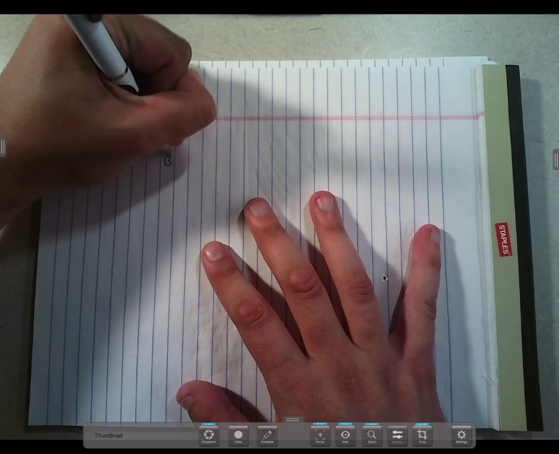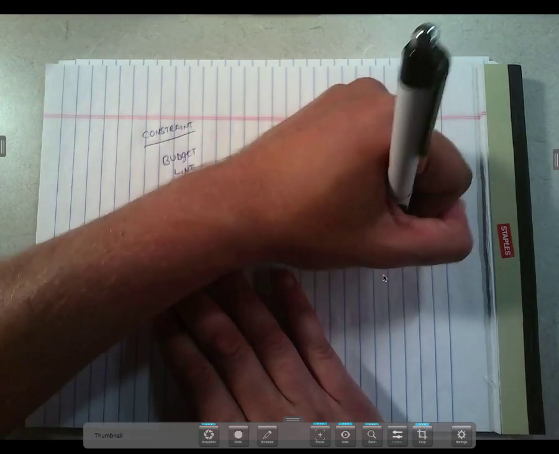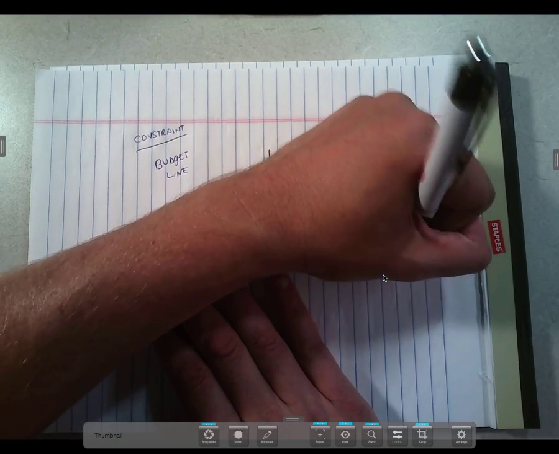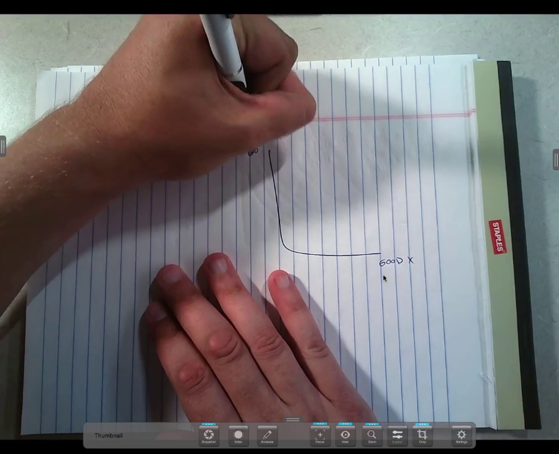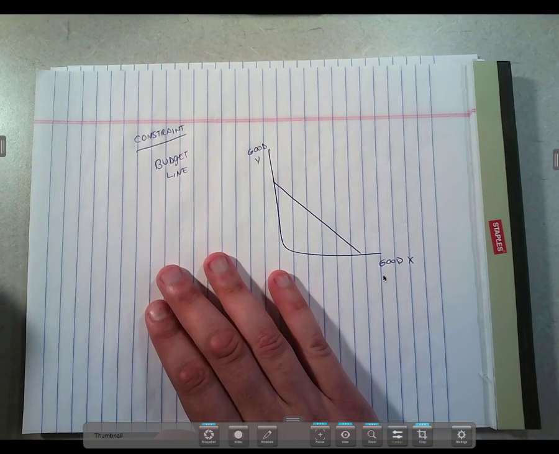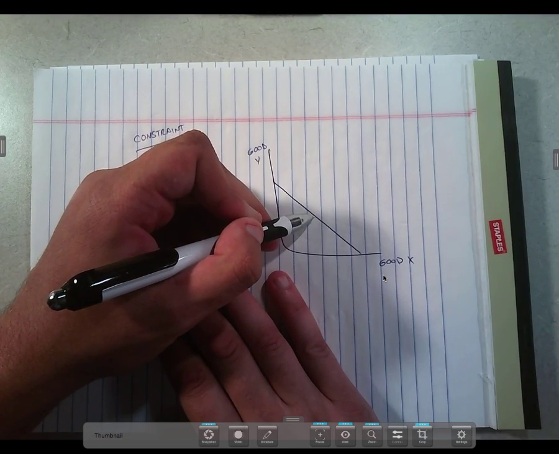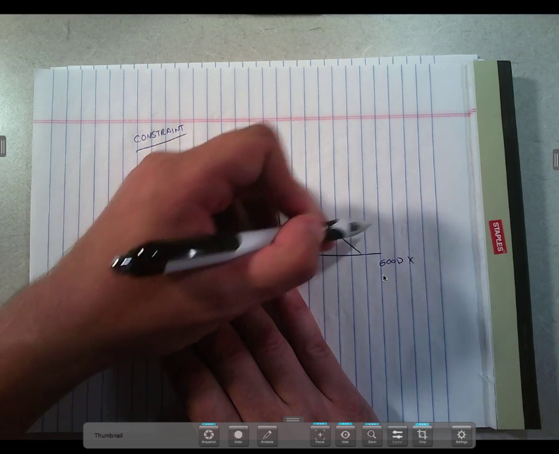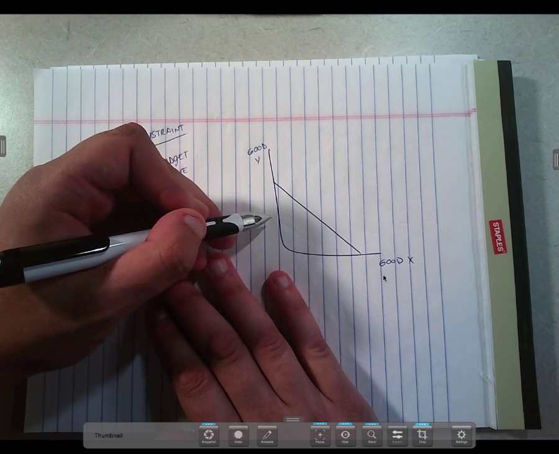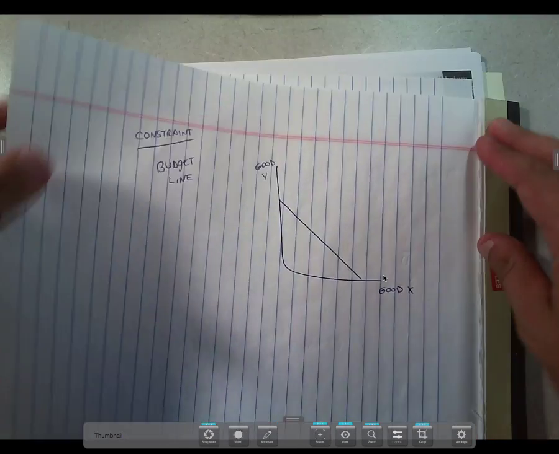And that constraint would be my budget line, the budget line that we have talked about. The budget line which says then for goods X and good Y, that I've got a slope here of the negative of the price ratio, and I can change it based on my income levels and price levels. So if we wanted to look at this in a slightly different way, here's the way that I do it